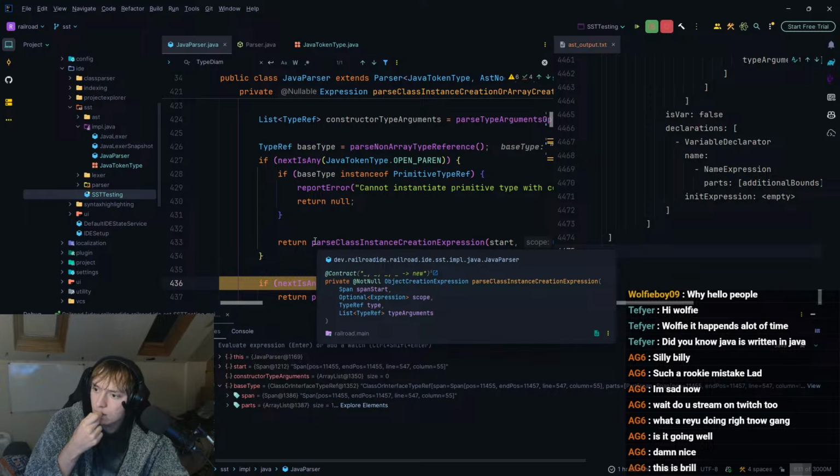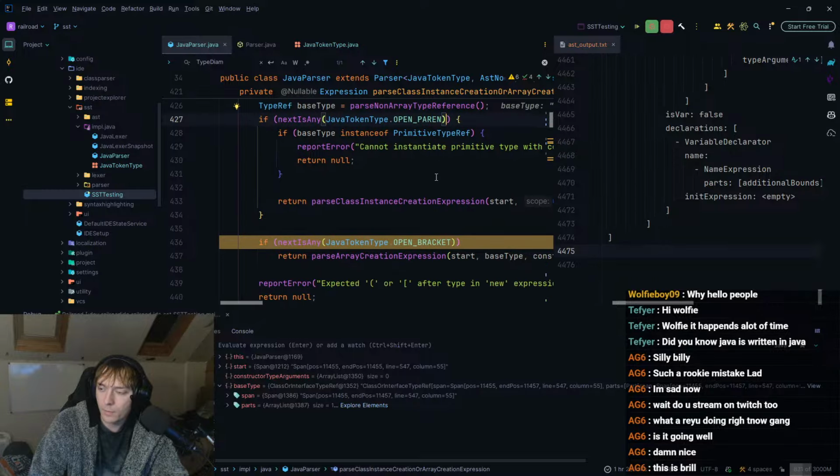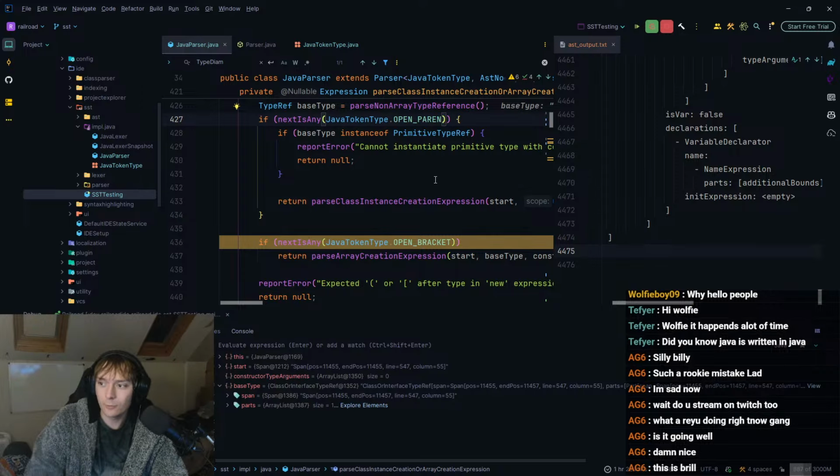Yeah. Because the next isn't an open parenthesis. It's a bracket thing. They call it angle bracket.